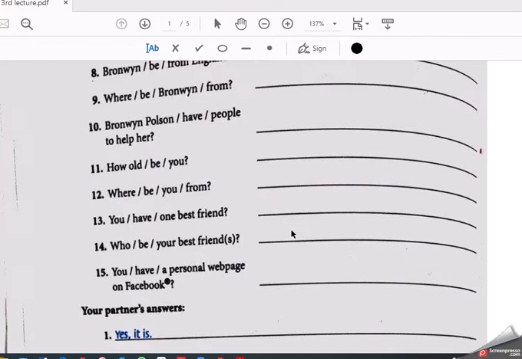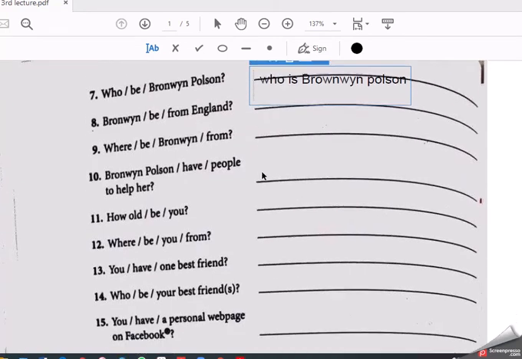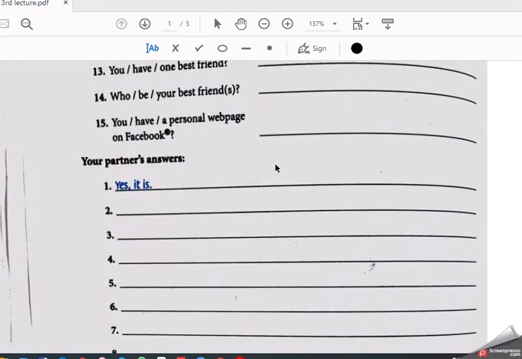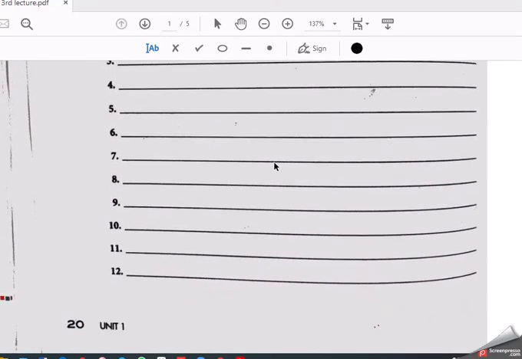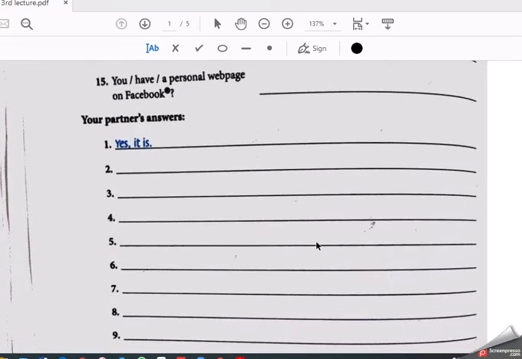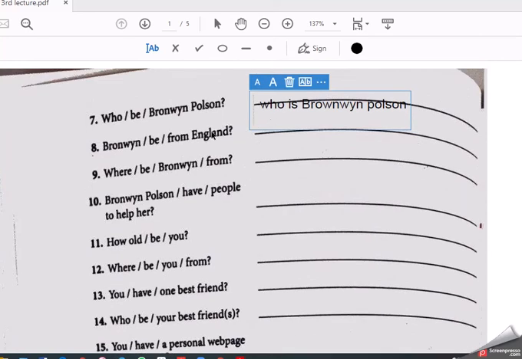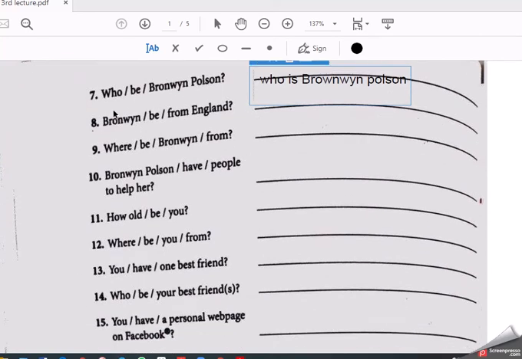This is the third lecture in the second course. Now I am recording this video for you so that we will start our lecture, in which we are going to continue where we reached in the previous lectures. So we are going to start with page 20 in the book Reading and Writing. At the beginning here, this lecture starts with the completion